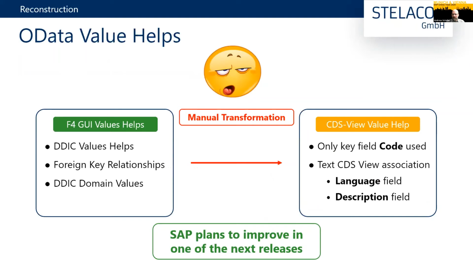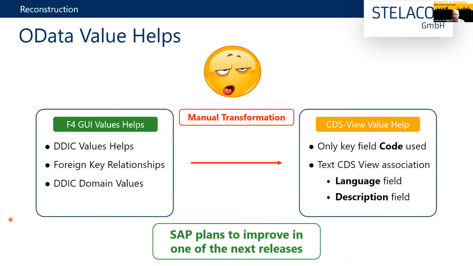So during the creation of all those custom fields, we saw that it's not enough to put the new fields into the new EEW structure. There's also one transaction called SCFD_EUI, where you have to enable those fields. And then for those fields, you maybe also need OData value helps. And at the moment, you have to manually transform